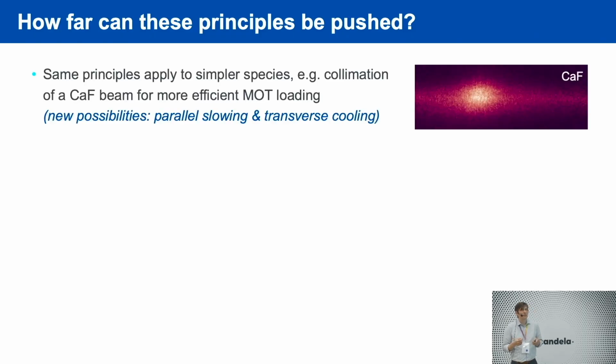First of all, we can apply this, of course, to simpler molecules, like we have an experiment on calcium fluoride also, which, as we discussed yesterday, you just need to improve a little bit all the steps to maybe push this into the collisional regime. And one thing we are looking at is just transverse cooling for now. And with these serrodynes, you have new things that you can optimize, because not all the frequencies are there all the time. The problem in transverse laser cooling and slowing of such a beam is that the slowing is always competing with the transverse directions for photons. But now you can apply serrodynes in these two beams that just talk to some substates, and you're not competing anymore. So it actually works fairly efficiently.